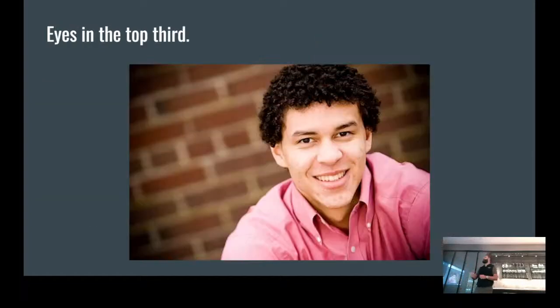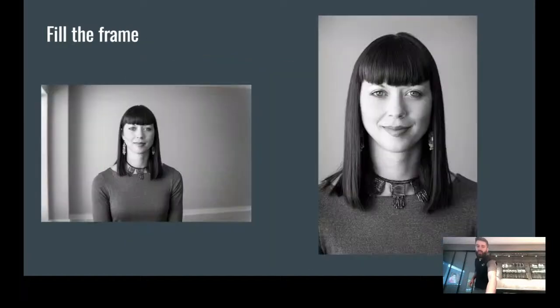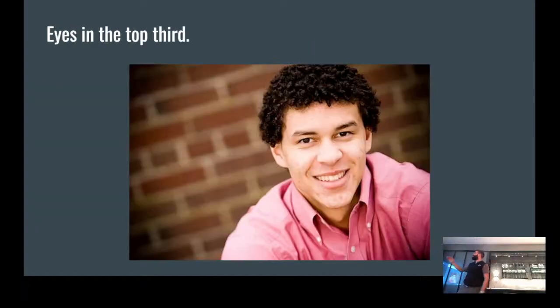Eyes in the top third of the photo. If we look at the last photo we were just looking at, and break her into three different sections, we can notice that her eyes, for the most part, are on that line. Same thing with the gentleman in the next photo. His eyes are closer to the top third of the photo versus the bottom of the photo. As humans, we're